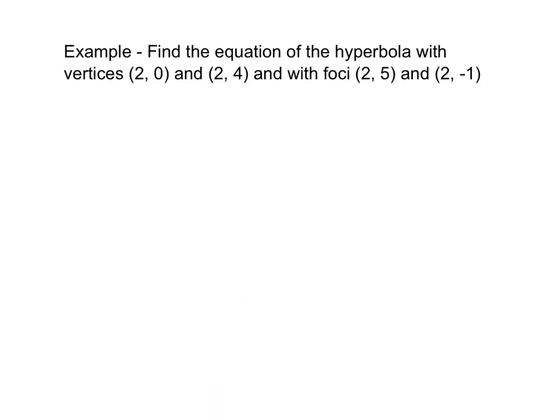In this example, we're given a couple of the characteristics of the hyperbola graph, namely the vertices and the foci, and asked to find an equation. Let's start by making a graph of what we know so far. Placing the vertices at 2, 0 and 2, 4,